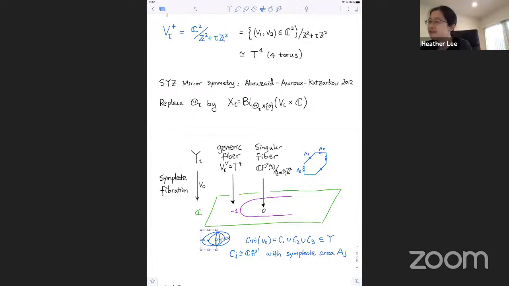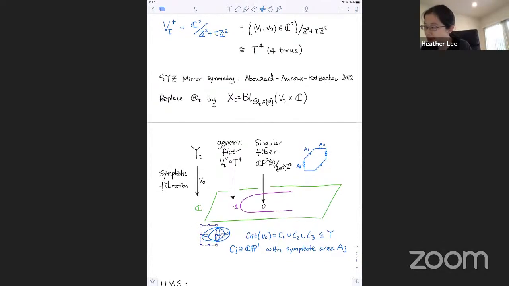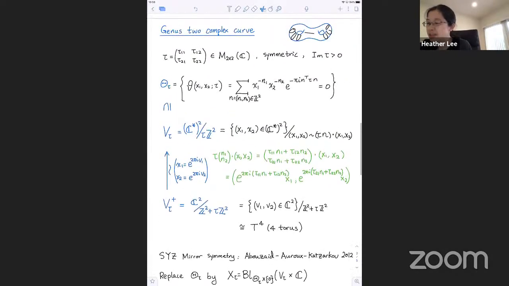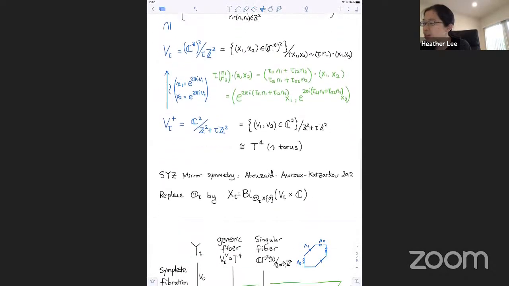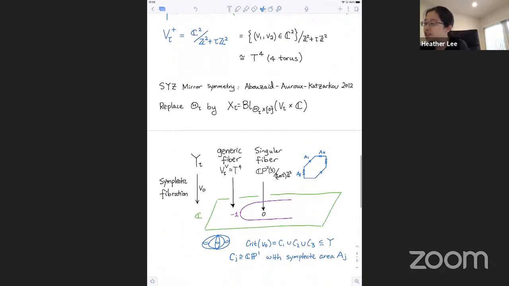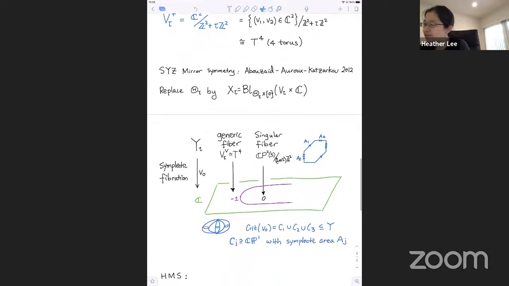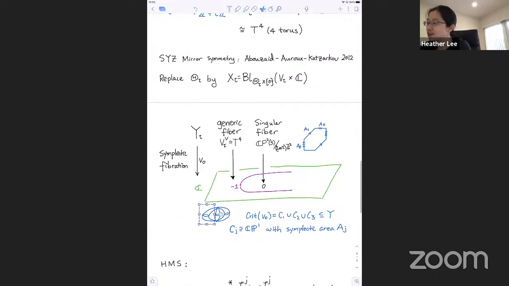But as we vary tau, we know that the Kähler parameter on the mirror can't stay in the same Kähler cone because this Siegel upper half space is not a cone. So the Kähler moduli space can be obtained by gluing together several charts. As we vary tau, we can see this transition between charts happening to the sizes of these P1s. For example, there's the Atiyah flop where one P1 shrinks to 0 and then pops up in another direction. In terms of the count of the pseudo-holomorphic